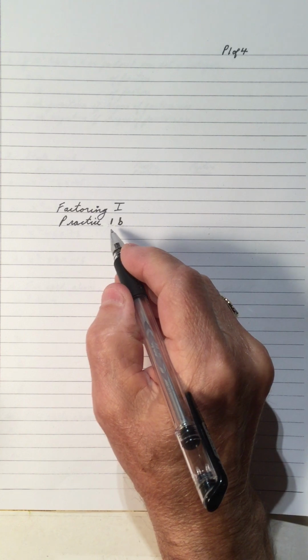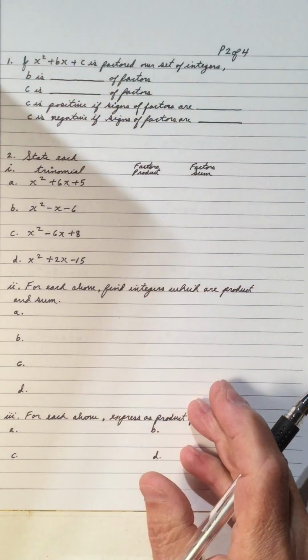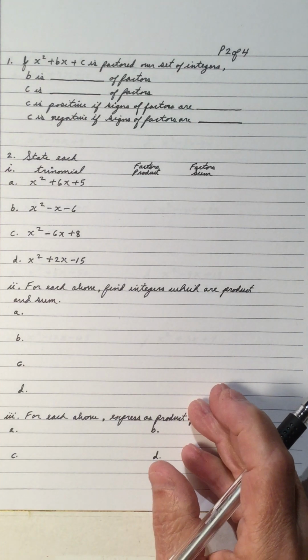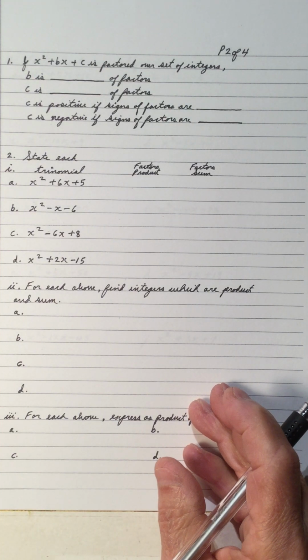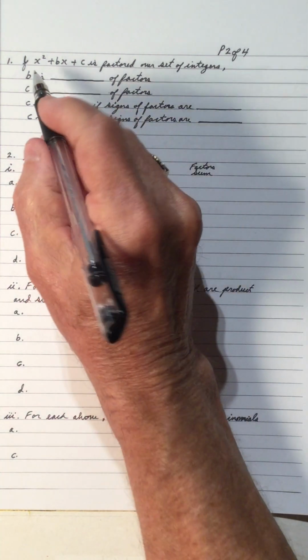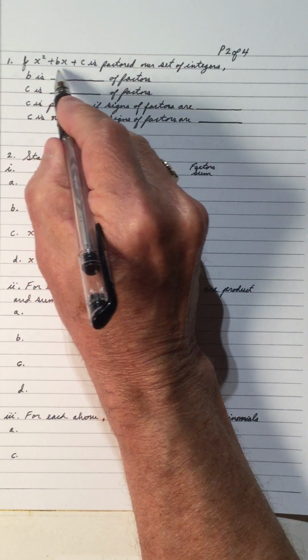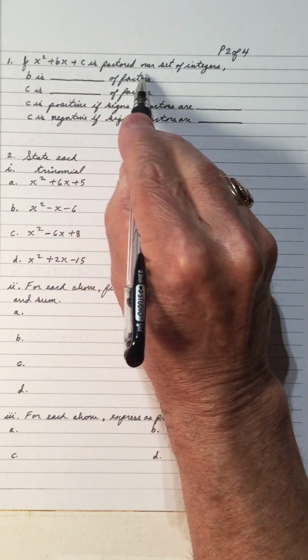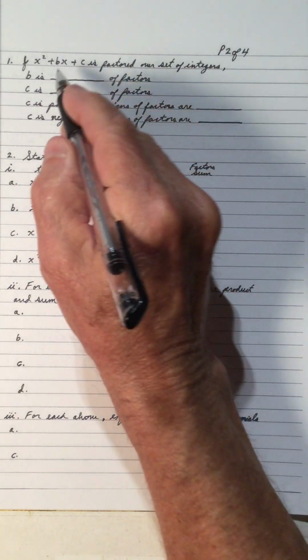Hi, welcome to my video on factoring number 1, practice number 1B. In this video, we're going to factor a trinomial where the leading term is a 1x squared. Number 1, if x squared plus bx plus c is factored over the set of integers,